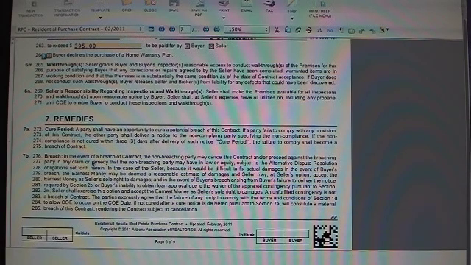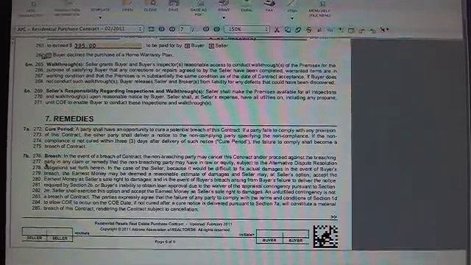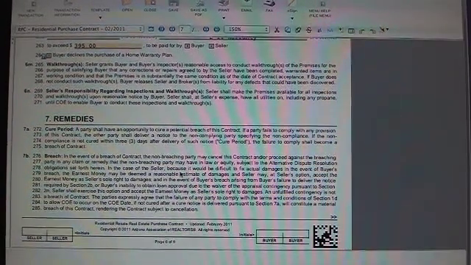If there's a breach, then they have the right to go ahead and write it up to the title company. And here it's important that you understand that the non-breaching party may cancel the contract or proceed against the breaching party. In this case, the buyer who didn't sign, the seller can come back to the buyer and say, hey, you've got 3 days to make it right. And the buyer says, nope, that's okay, and they don't sign. Well, now you have a breach. Now the seller signs something and sends it to the title company, saying, hey, this person did not sign,